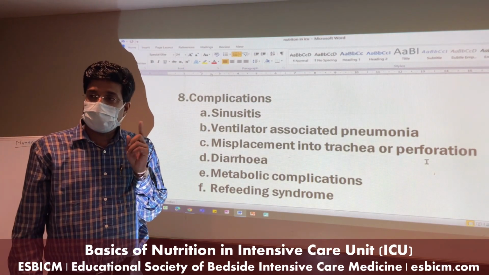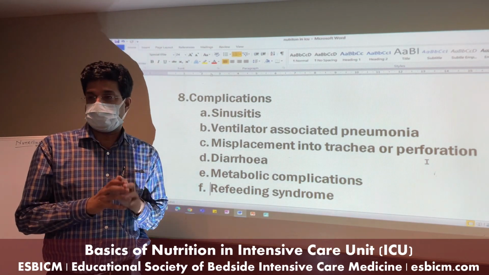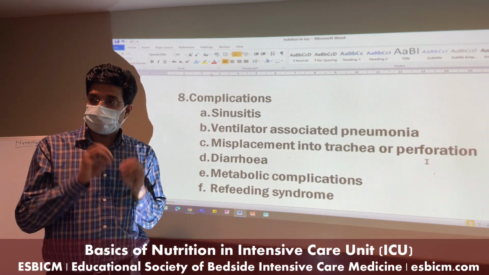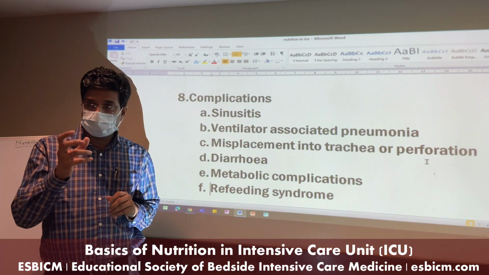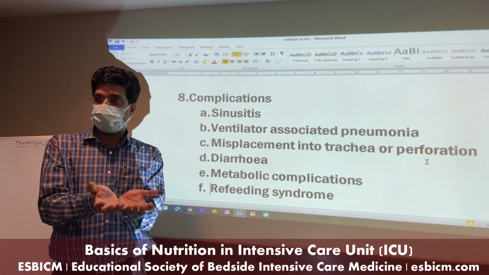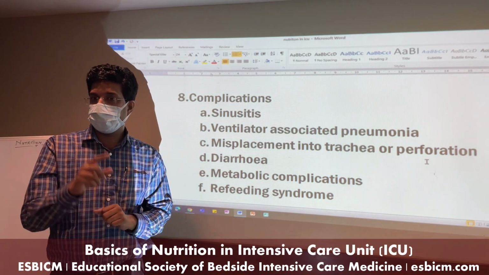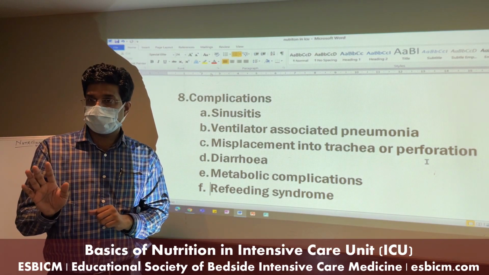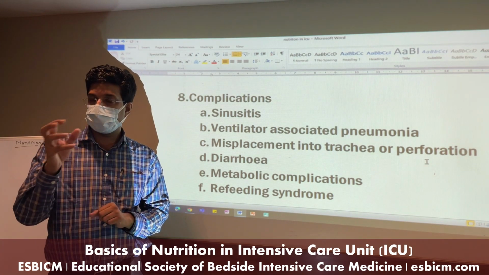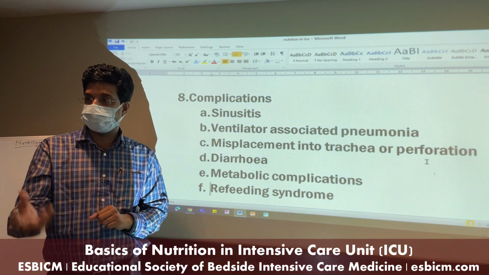Regarding a high osmolar, highly concentrated feed, how do you reduce it? Do you dilute it more with more water, or do you reduce the quantity? Some centers, suppose they want to give six scoops, instead of giving it in 130 ml, they put it in 200 ml. That is not going to help. Dilution will not help in making the feed tolerated. It's the quantity which helps. Give a little amount. Don't increase the fluid; decrease the quantity of feed. Once the patient starts tolerating, gradually build up.